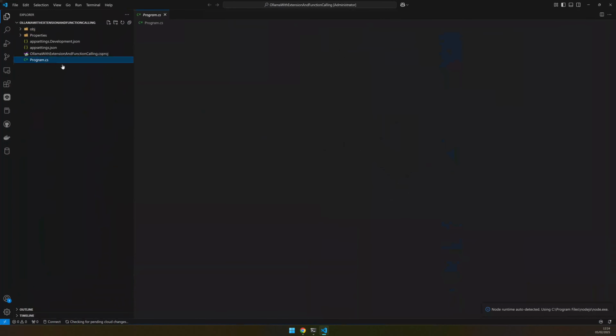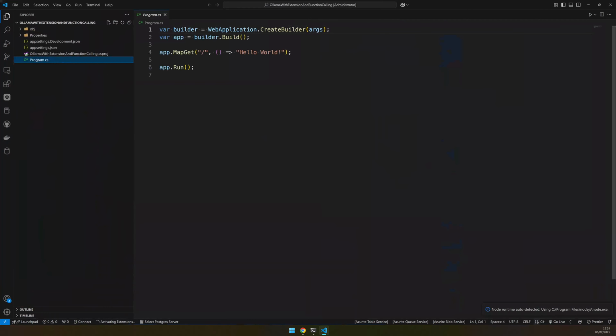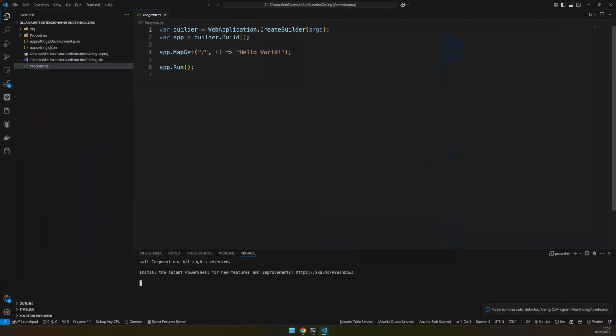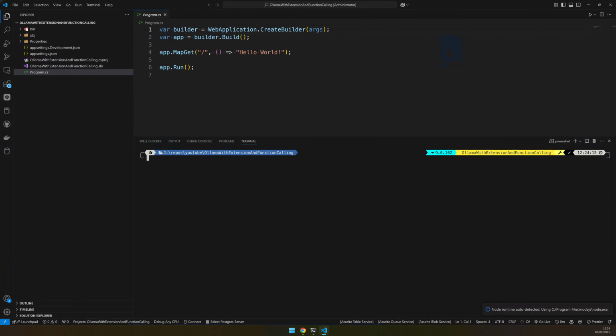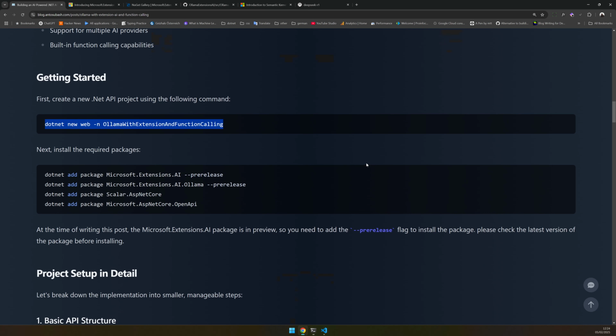This is what we have, right? So we have an empty web application, and we'll open a new terminal here. See the terminal, yeah, and we go back to the